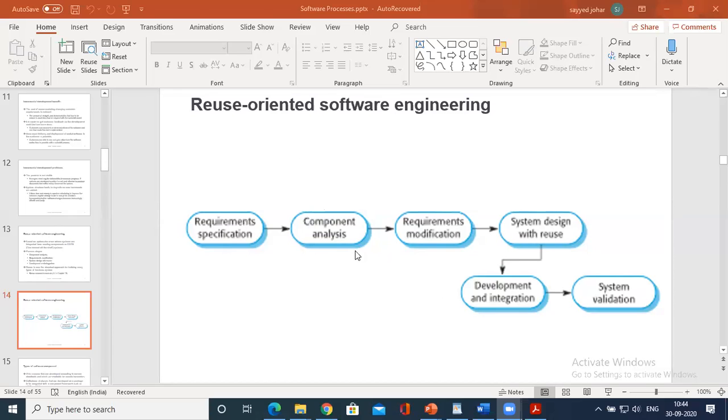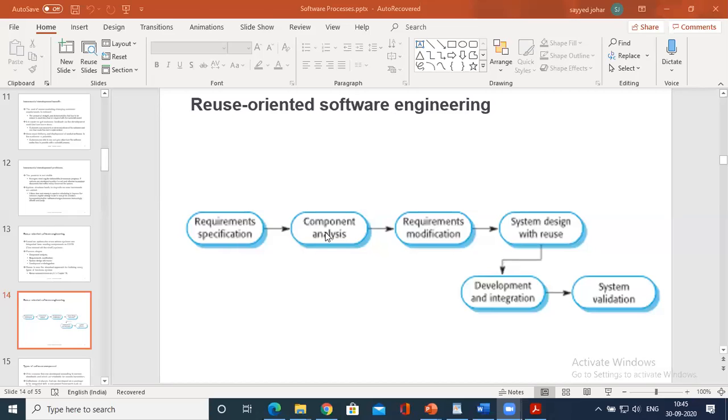The stages are component analysis, requirement modification, system design with reuse, and development and integration of software.